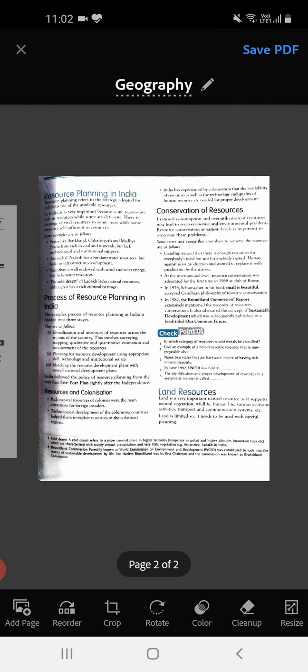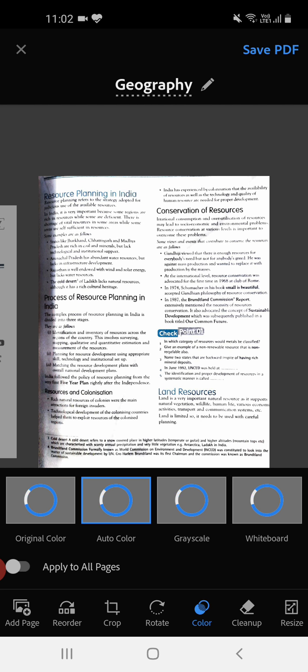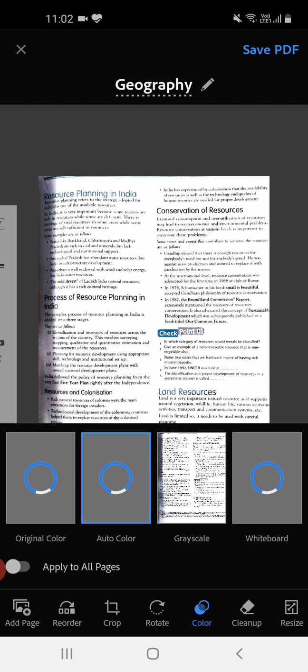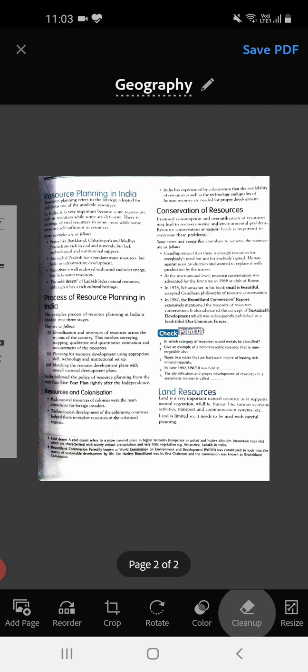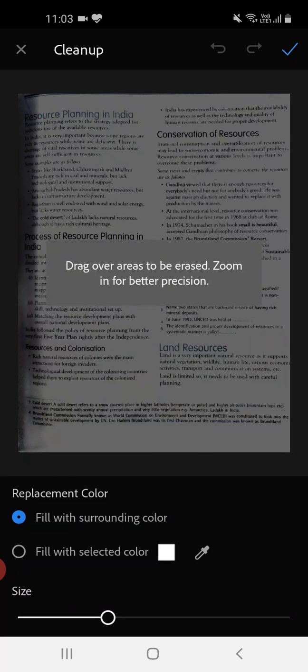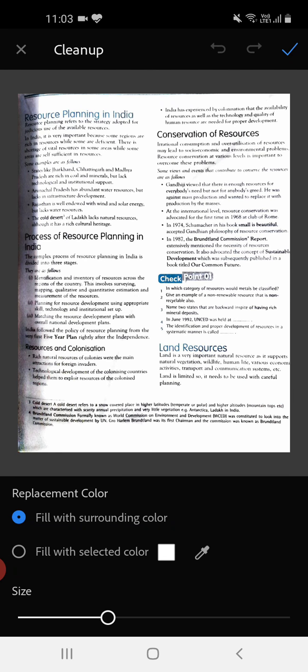I can also crop this, rotate this, add color to it. For example, we got different types of colors here, grayscale and many more things. Then we also can clean up. For example, if there is some unwanted thing, I have to clean it. Then I have to clean this, land resources. So just do this, land resources is clean. Just do this, checkpoint is clean. And just do this, conservation of resources is clean. So in this way we can also erase the text, and after erasing, just